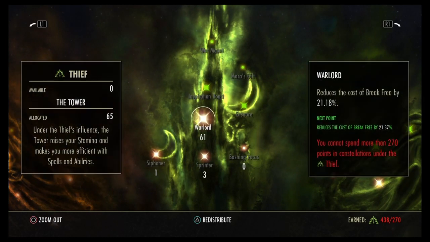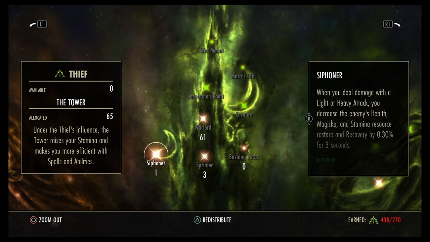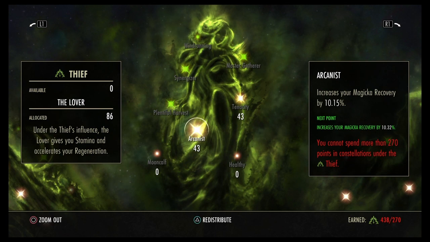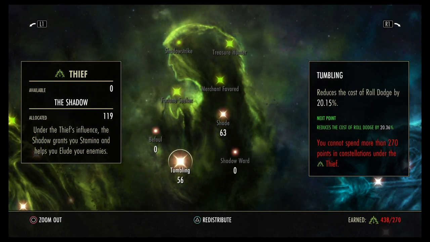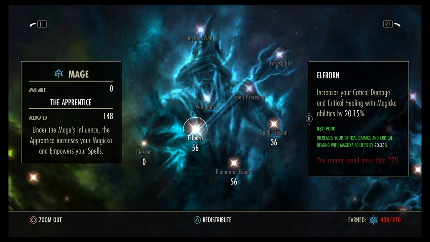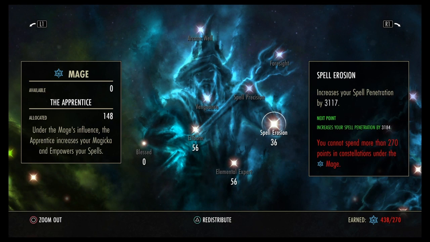For champion points, we're going to stick 61 into Warlord, keep our break free as cheap as possible. 3 points into Sprinter, extra point into Siphoner, 43 and 43 into Tenacity and Arcanist for our recoveries, 63 into Shade to reduce the cost of sneak, and 56 into Tumbling, 56 into Elfborn and Elemental Expert, 36 into Spell Erosion,